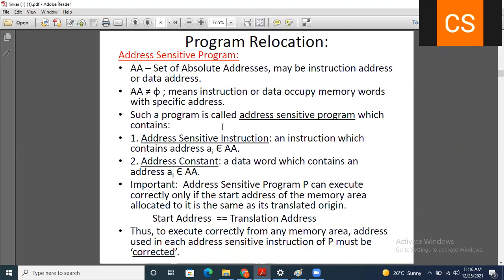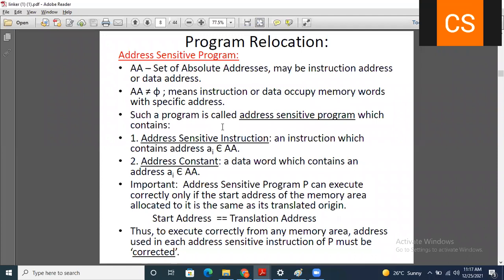Address sensitive instruction means an instruction which contains an address, and that address is present in your set of absolute addresses. For example, suppose you start at 500 and your end is at 541. So 500, 501, 502, these are all absolute addresses, fixed.